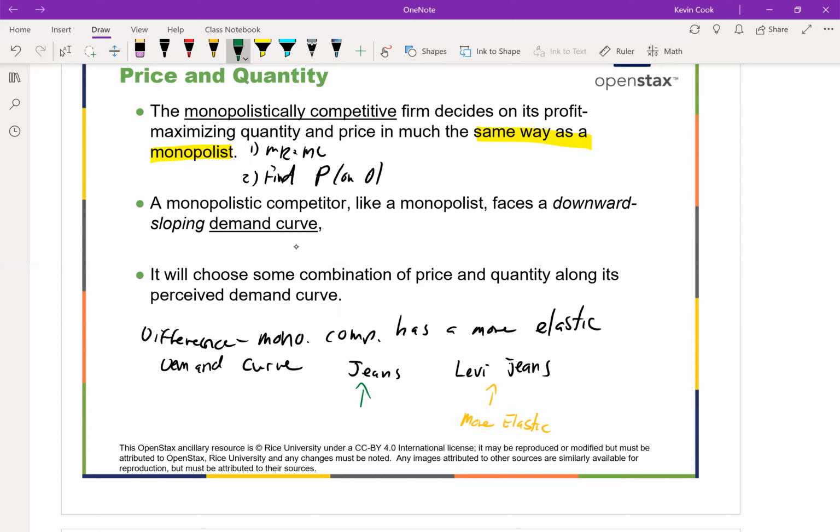Because if Levi's becomes inconvenient, or they support something that I don't agree with, and I don't know if Levi's takes any political stances, so I don't really know about that, but if they do, or if they raise their prices too much, whatever the case is, I can switch to another brand of jeans. So what we'll see happen with their curve